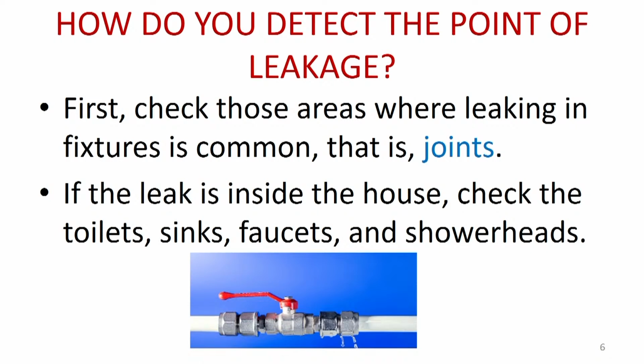If you are having a complaint of leakage, try to check those areas where leaking in a fixture is common, that is the joint. Another thing, there are two possibilities: leakage can be outside the house, or leakage can be inside the house. If leakage is inside the house, you have to check the toilets, sinks, faucets, and even the shower head. Sometimes what happens is that leakage is there,